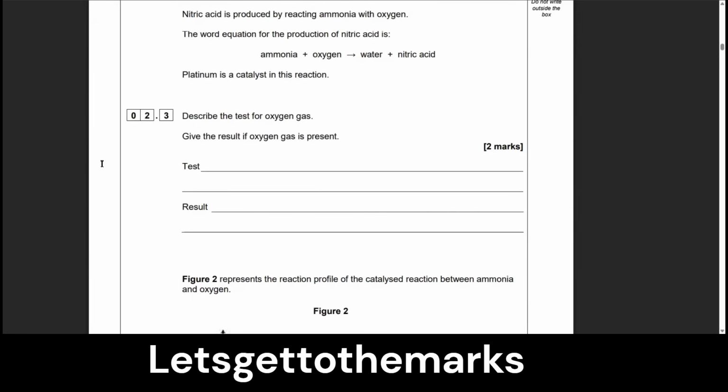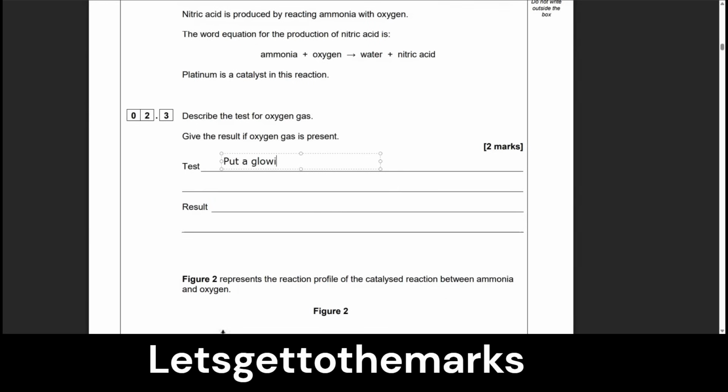You've got 4 tests or 5 gas tests you should know off by heart. And if you don't know them, grab a revision card, write down what's the test for hydrogen, what's the test for chlorine, what's the test for ammonia, and what's the test for oxygen. Did I say carbon dioxide as well? So it's 5: hydrogen, chlorine, ammonia, carbon dioxide, and oxygen. You got to know those 5 gas tests. Well, the gas test for oxygen, if you've already been thinking of it while I've been waffling, the test is